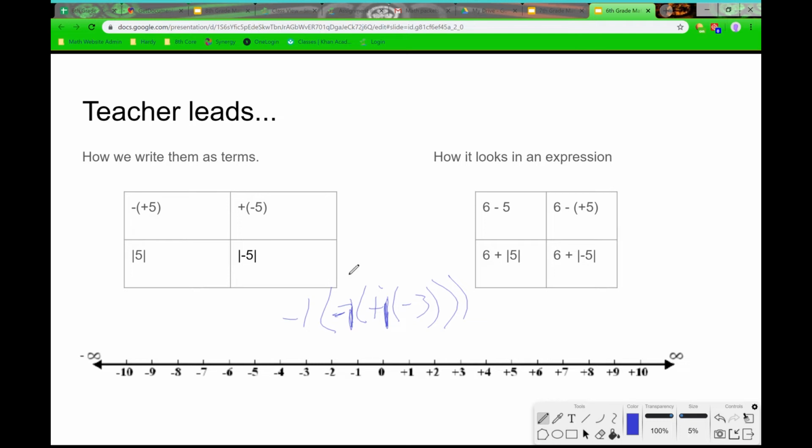So now I'm going to do the same thing. I'm going to start at negative 3. Negative 3 is right there. It tells me to keep doing what I'm doing, so stay at negative 3. Then it tells me to do the opposite, now positive 3. And then it tells me to do the opposite again. So I'm going to come all the way back to negative 3. Okay, if I do the stick method,